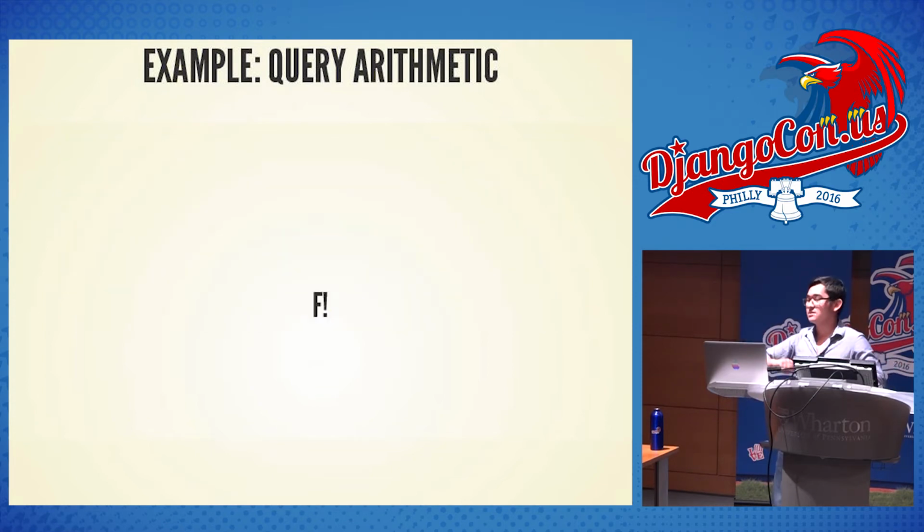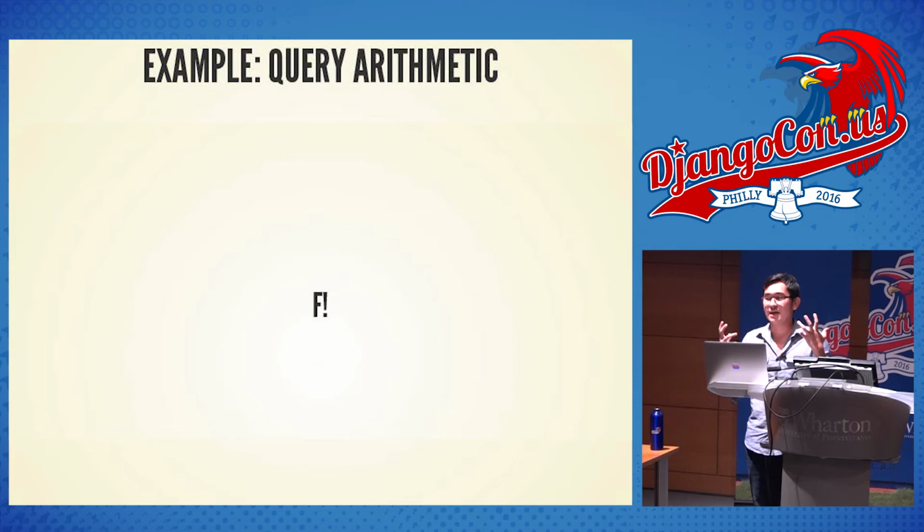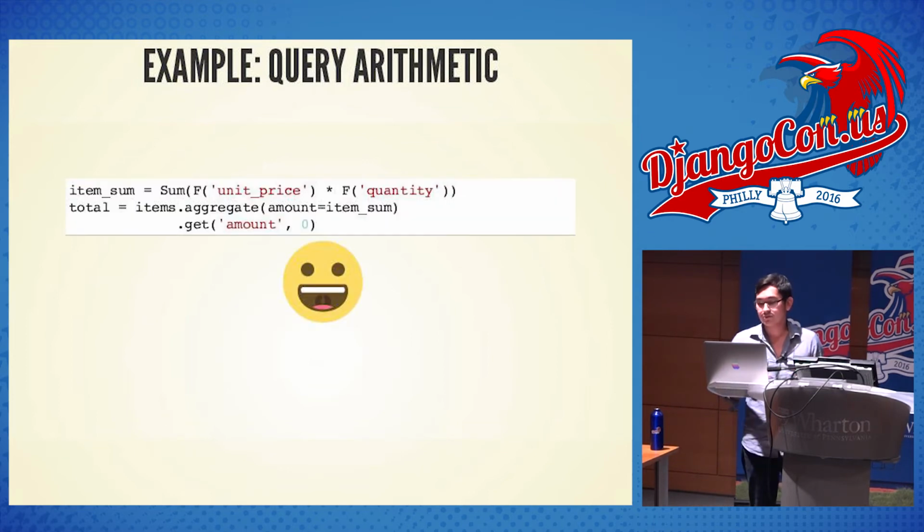That's where F comes in. While Q represented a query constraint, F represents an implicit reference to a model field or database column. If you don't know what that means, that's fine. It took me forever to understand what that means, but let's look at it concretely. For this example,